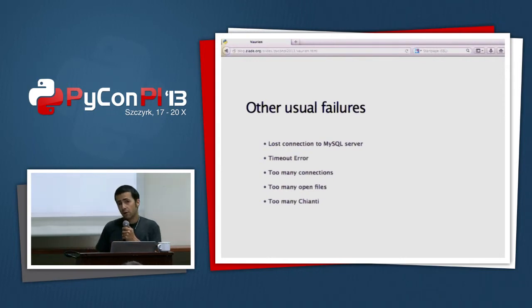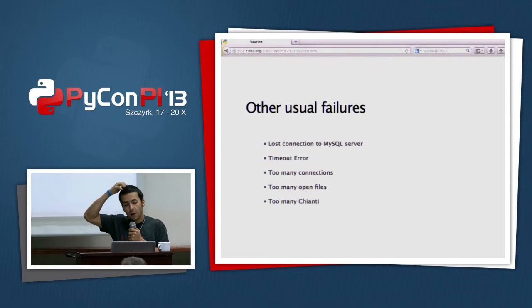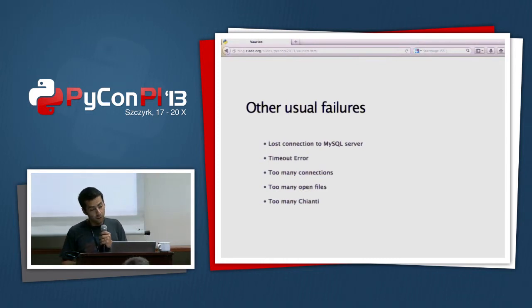You have to deal also with the too many connections error, which is basically happening if you don't raise the number of file descriptors you're allowed to use on a server. So that's a very typical error that happens when you are on high load. Every time you make a connection to a backend, a file descriptor is used to open a socket, and once you don't have any more file descriptors available, you get this error.